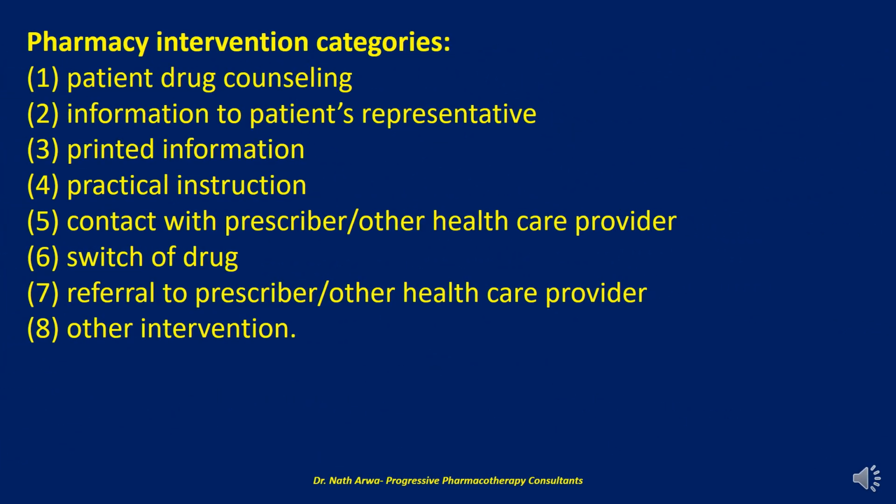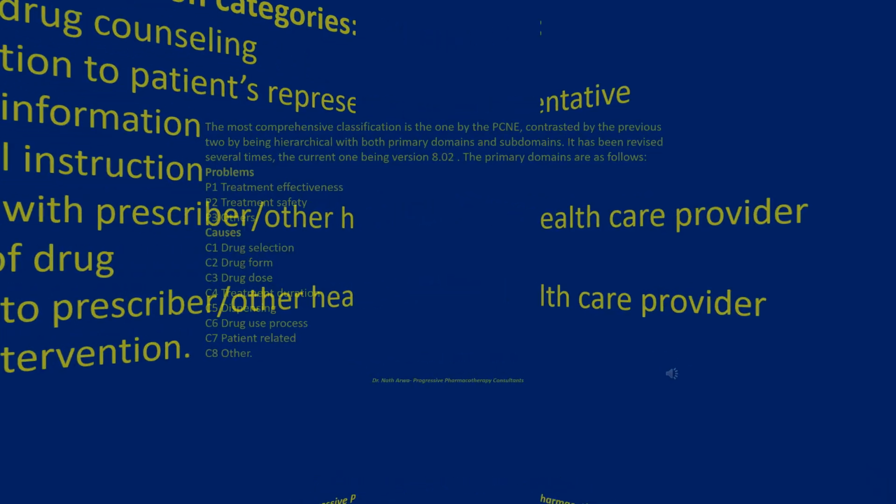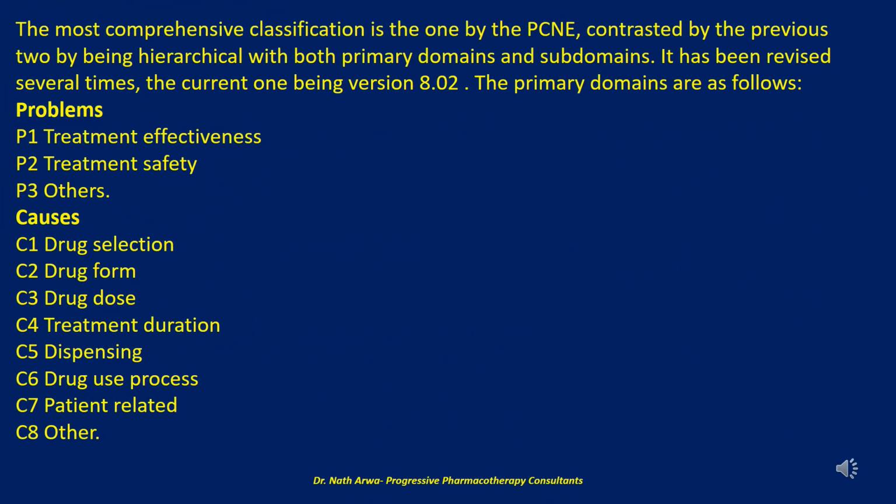Pharmacy intervention categories include the following. 1. Patient drug counseling. 2. Information to patient's representative. 3. Printed information. 4. Practical instruction. 5. Contact with prescriber or other healthcare provider. 6. Switch of drug. 7. Referral to prescriber or other healthcare provider, and 8. Other intervention. The most comprehensive classification is the one by the PCNE, contrasted by the previous two by being hierarchical